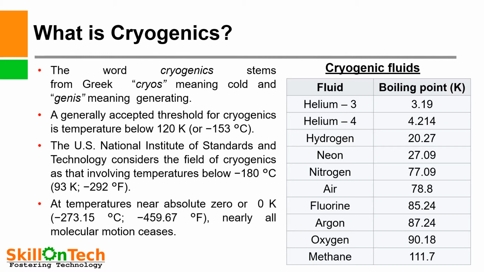Here a list of cryogenic fluids is given with respect to their boiling points in Kelvin. So you can see the air boils at 78.8 Kelvin, or nitrogen boils at 77.09 Kelvin or minus 196 degrees